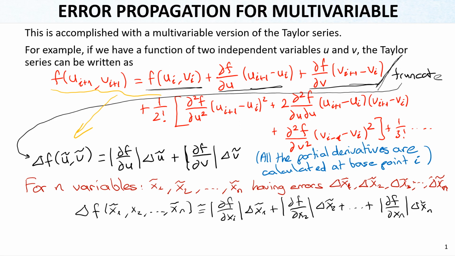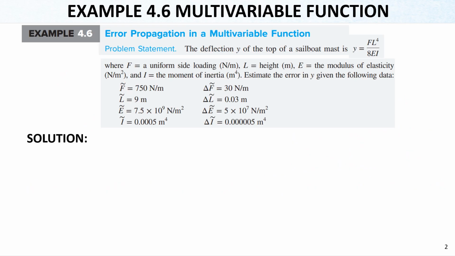So this is basically the general formulation for n variables to propagate the errors in variables during the operations. Let's have an example about this in the next slide. In this example, we will have a deflection problem of a sailboat mast, and we can calculate the deflection using this exact formulation actually. And we know that there are predictions of F, L, E, and I, as you can see